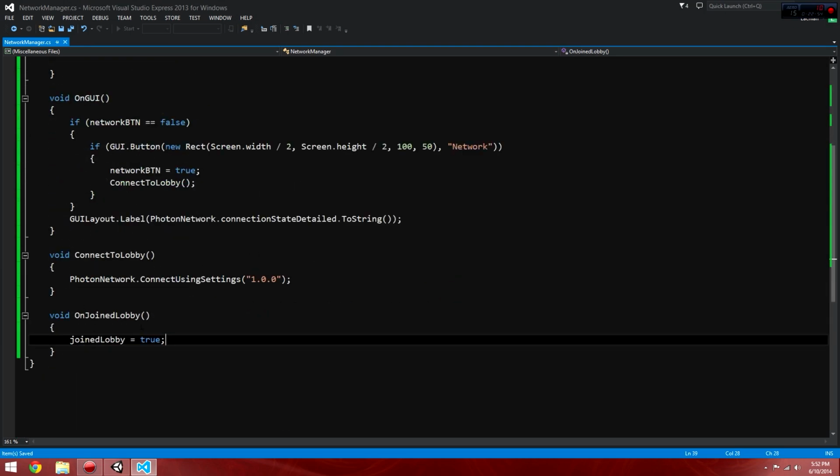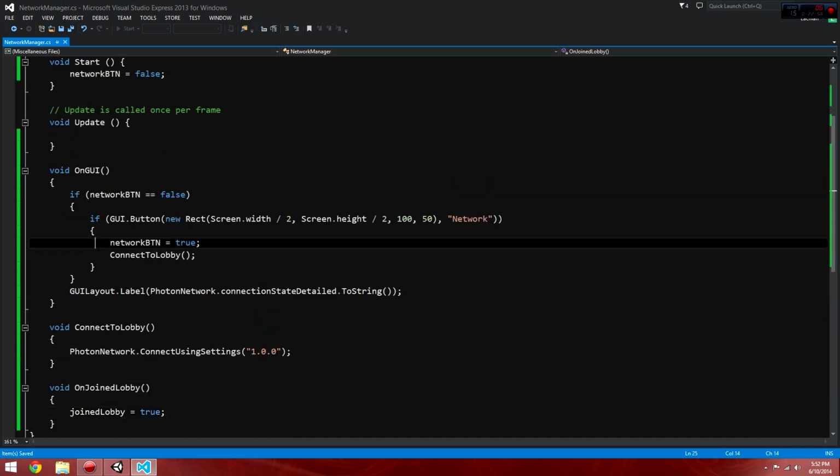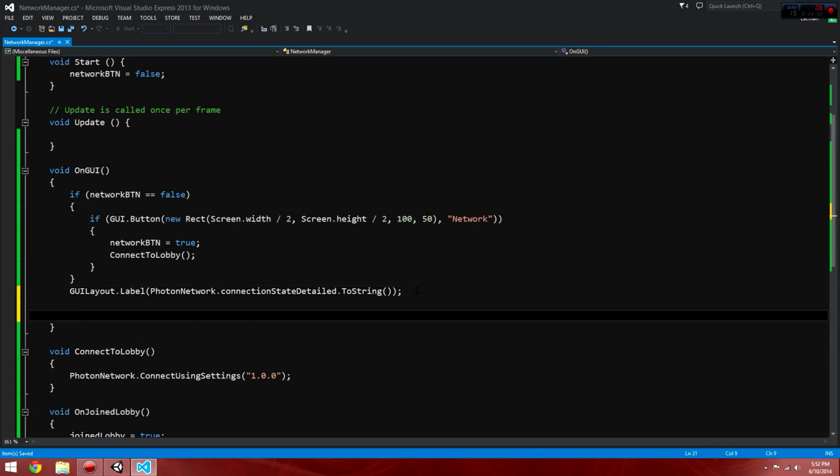And so that's going to automatically tell us that we've joined the lobby, and it's going to create this variable. And what we're going to do is go back to the OnGUI, create a new if function, if joinedLobby equals true,